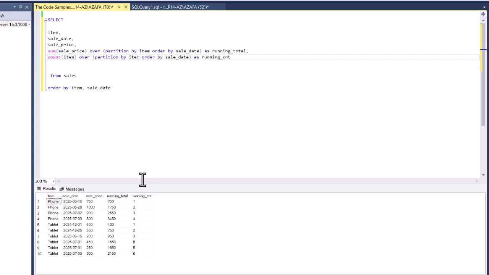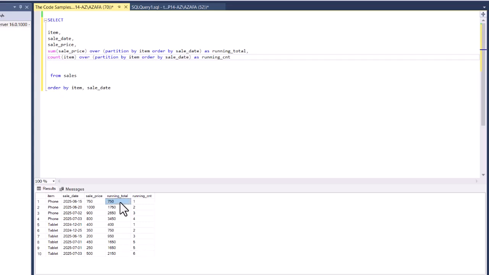Now if we do it, it's giving you a running count. So 1 2 3 4, we have one count here, 2 3 4, because we are ordering it by date. So here it's showing you like 1 2 3 4, so that's the running count. So here we have 1 font sold, and then 2 fonts, 3, and then 4, and then it restarts here as soon as tablets start. Since we are partitioning by item, it's 1 2 3 4 5 6,